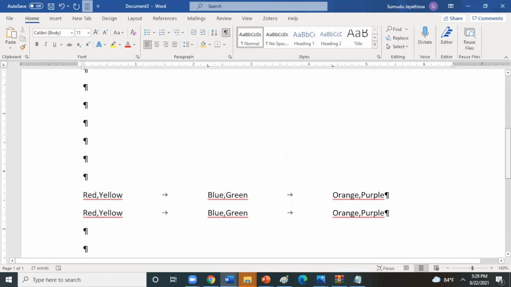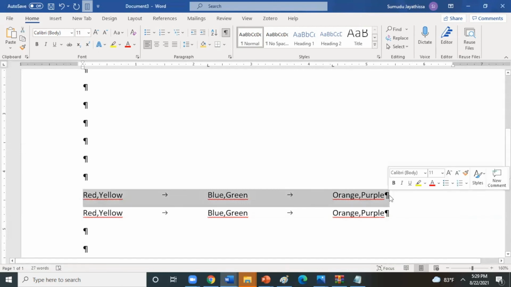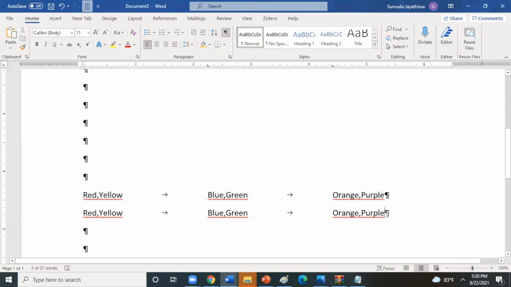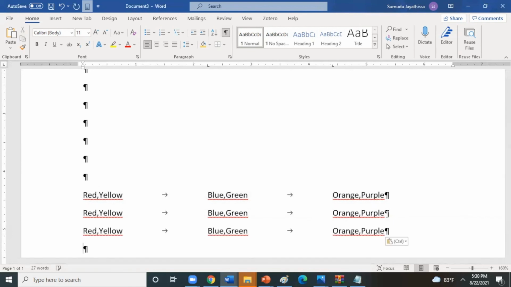Then, if you want to convert your text to table, you need to write using commas and tab positions. You need to write your text using comma and tab positions. So for this, I will take another one. Likewise, you can get it.